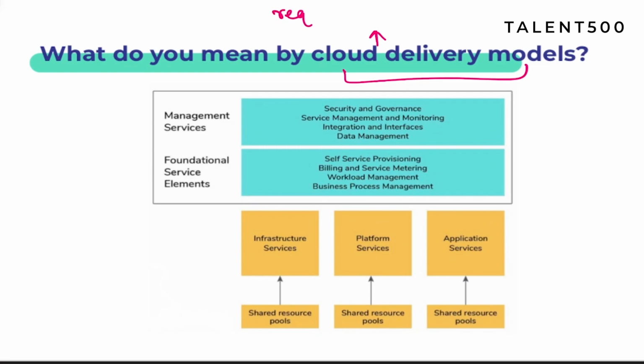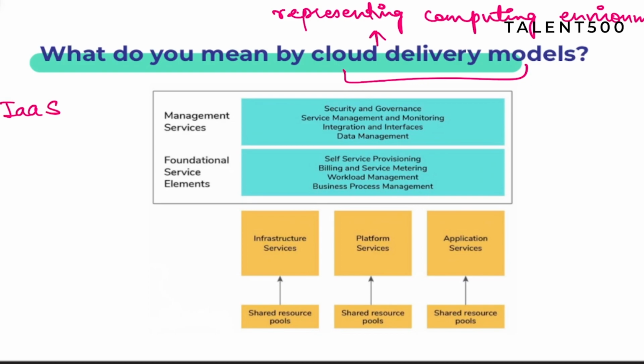So this one is going to be representing computing environments. Okay, so for this particular one, what are the different computing environments which we have? The first one is IaaS, then we have PaaS, then SaaS and FaaS. Some people pronounce it as a word, but I usually call it in this manner. Okay. So the first one which we have is this.